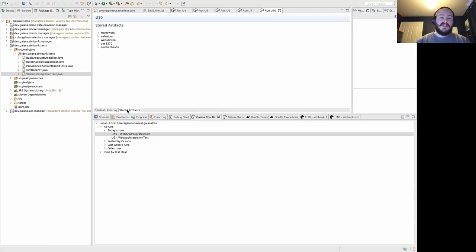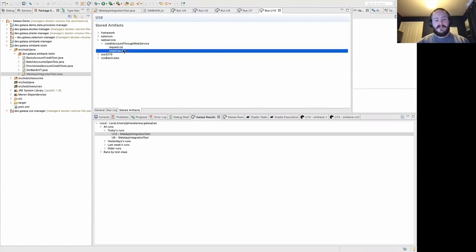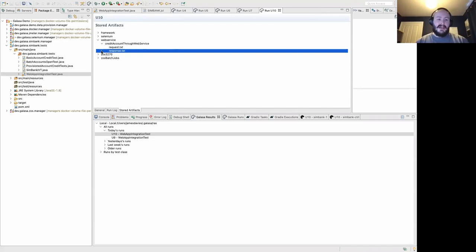this provides us a single location to go and collect all of the resources that the test was interacting with. So I mentioned the fact that one of the very early tests was just submitting a SOAP request to our KICKS web service. And here I can see both the request and the response object that that test was using as part of it. And more than that, I don't have to now go log on to the 3270,